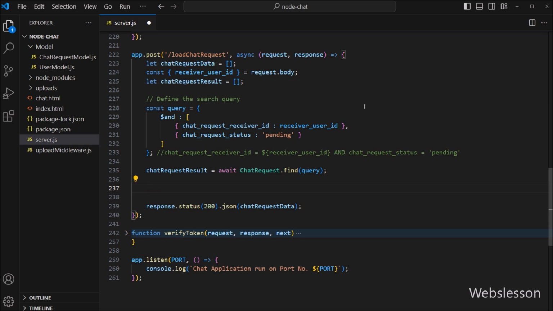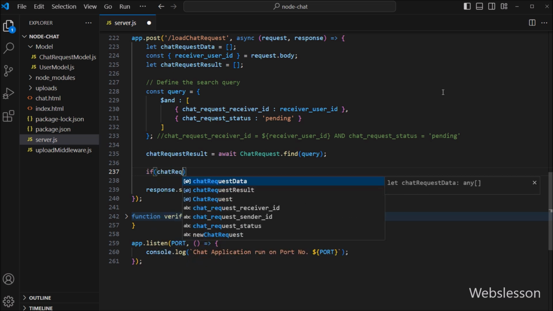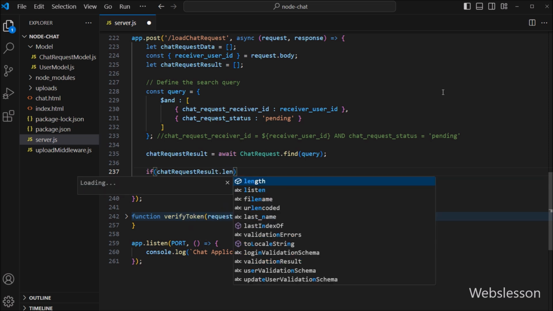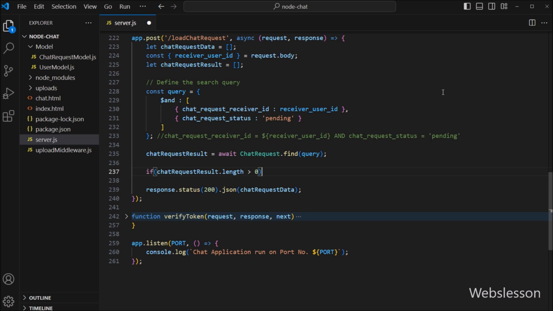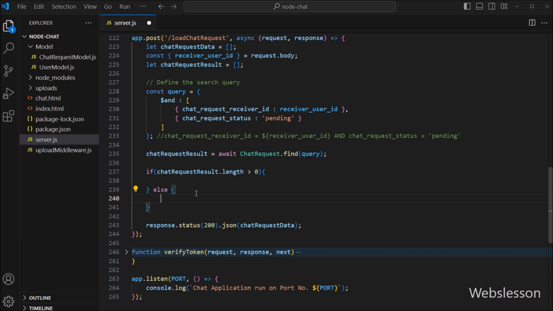Now we want to check whether any data has been fetched or not, so here, we have to write an if statement, and under the condition, we have to write chatRequestResult.length value is greater than 0. If this condition is true, that means data has been fetched from the chat request collection, and it will execute the if block